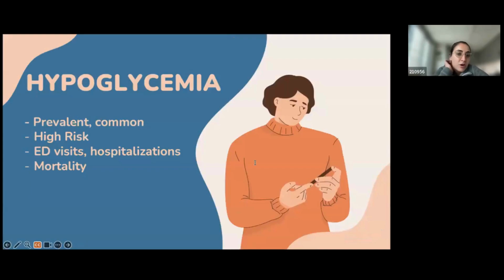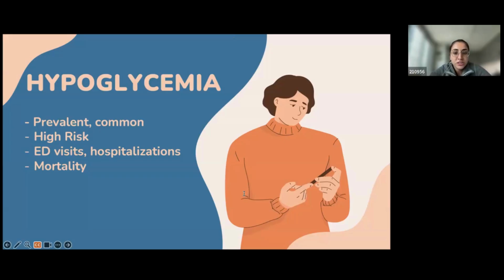So why do we care so much about hypoglycemia? As I mentioned before, older adults are generally at a higher risk of hypoglycemia due to their multiple comorbidities, decreased renal function, variable oral intake, cognitive dysfunction, amongst other reasons. Unfortunately, hypoglycemic events in nursing homes are not uncommon, and they're associated with increased emergency room visits, hospitalizations, and higher mortality rates. A retrospective 1-year study conducted in multiple SNFs in the Cleveland area showed that 38% of residents experienced an episode of hypoglycemia, and 33.5% of them experienced severe hypoglycemia.